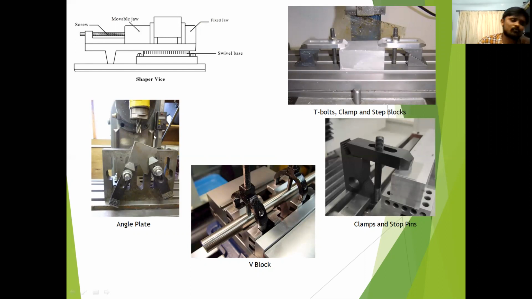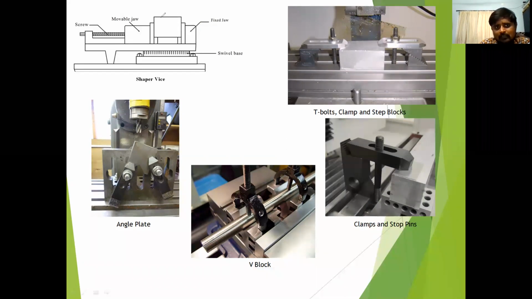The same work holding devices are used in the case of drilling. That's why I'm not explaining them once again, because we already discussed these work holding devices in the case of drilling. Now if you observe here, this is the vise. This is the workpiece, and we are going to hold it by using the vise. The vise has two jaws, one fixed jaw and one moving jaw. The vise is initially fixed to the table by bolts, and the workpiece is held stationary between the two jaws.